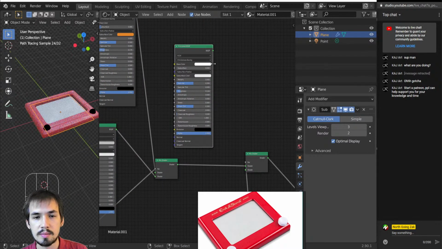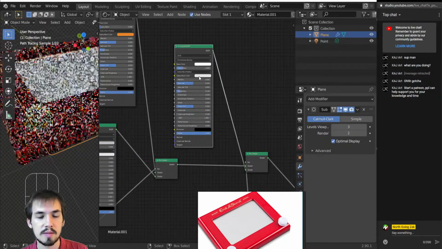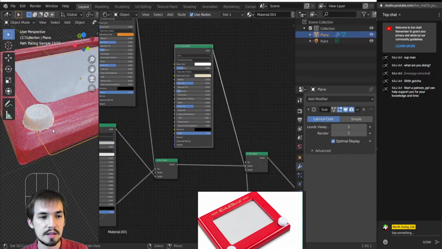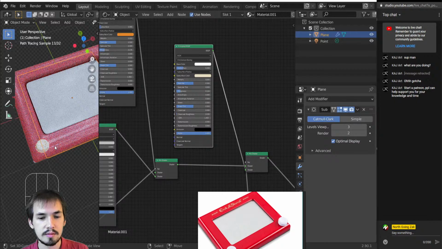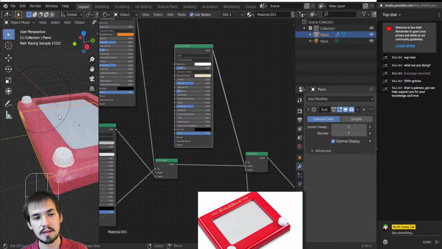So if we turn that up, and then with that, let's add some subsurface to it, maybe make it a little yellowish. I can see the effects of that. So there's our Etch A Sketch. There's plenty more things you could adjust to set it to your liking, but those are the basics on how I'd approach an Etch A Sketch, and I hope you find that helpful for your own